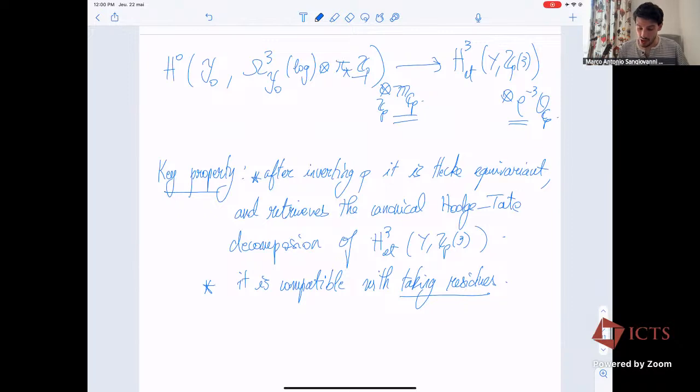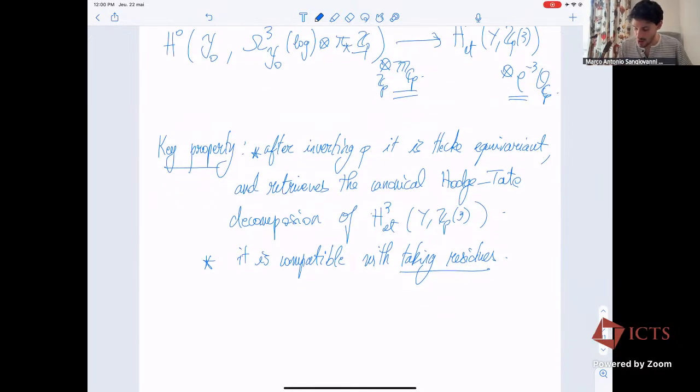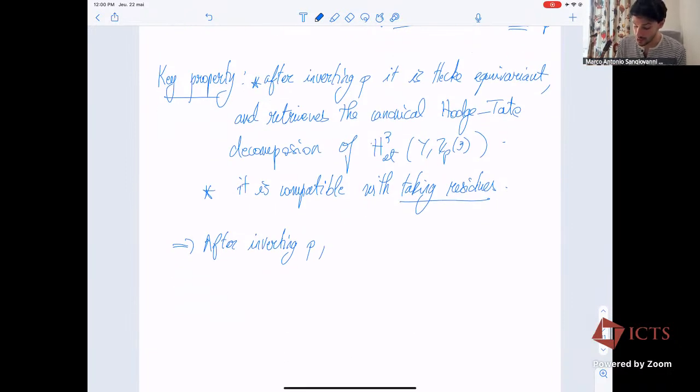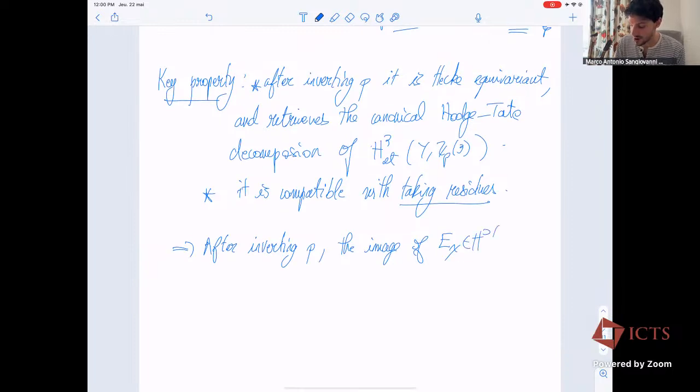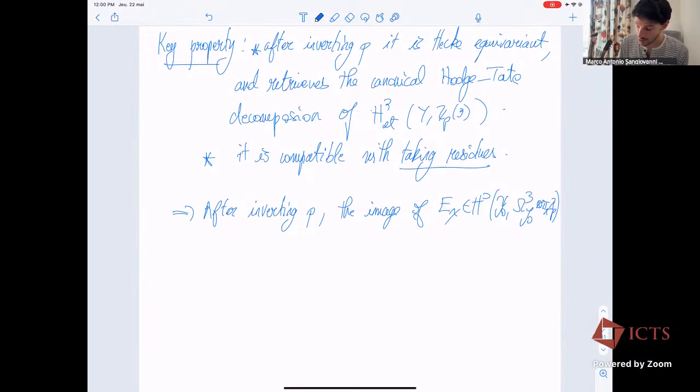And so the consequence of this, after inverting p, is that the image of E chi, seen as an element of the Faltings lattice, is the class